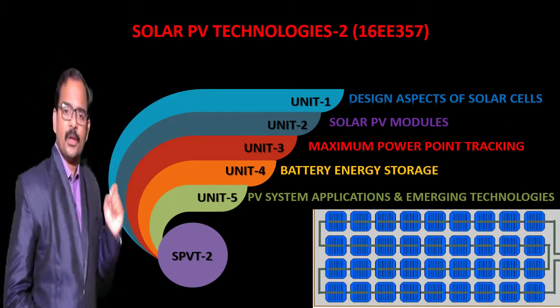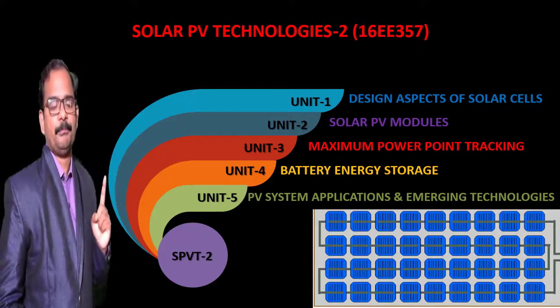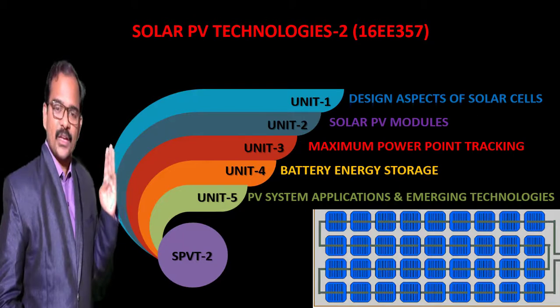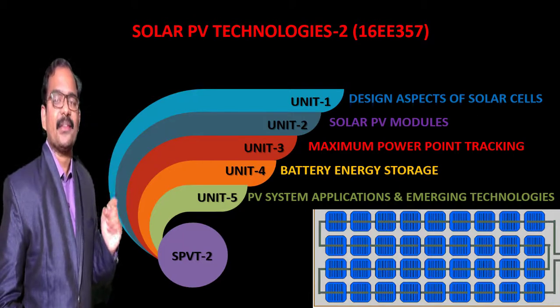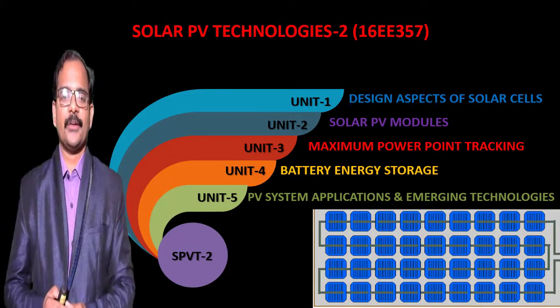So what are the applications we have gone through? We have gone through the building integrated photovoltaic systems, followed by solar water pumps, solar LED street lighting system, solar cars, solar aircrafts, and finally solar powered space satellites. So with this, we have completed this solar PV technologies 2